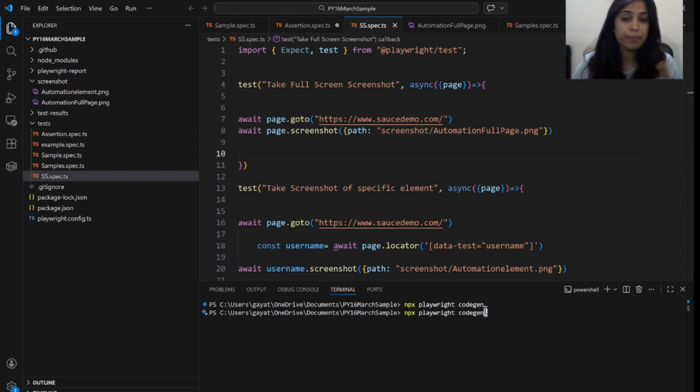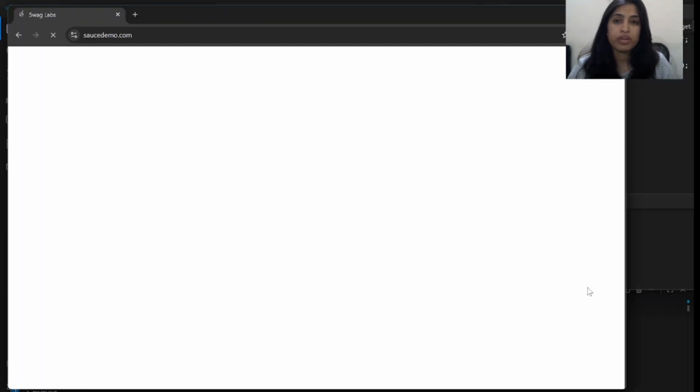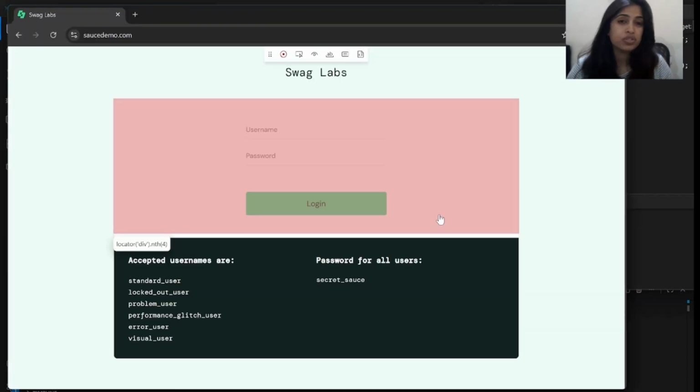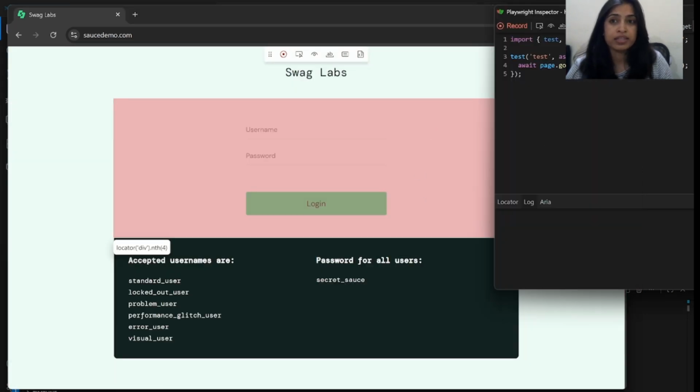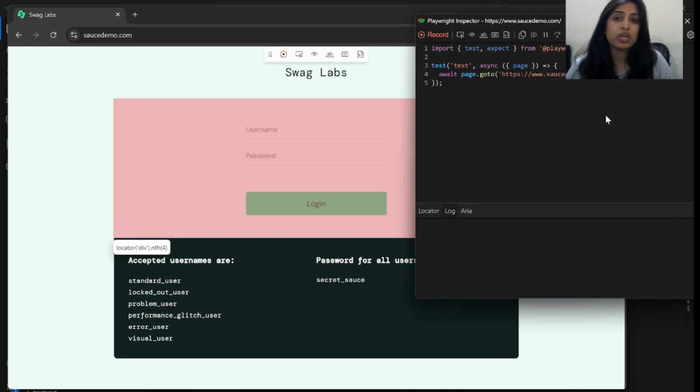So my command is npx playwright codegen, and then I'm going to paste the URL here. Now it will open a browser and launch the web application. Okay, now let's see, it launched the browser. Now you can see there is one option called the recording option, right? So right now recording has started. If you want, you can stop that, and in this window you are going to see all your code.